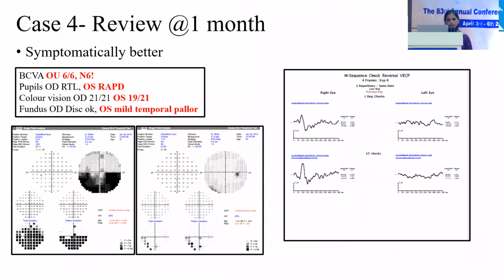When we reviewed him a month later, the patient was happy and we were surprised. His visual acuity was 6/6. Definitely he did have RAPD. His color vision too has surprisingly improved. He did have a mild temporal pallor. Substantiating my surprise, he was able to perform a field in the left eye which showed an inferior defect, and VEP also showed a waveform which was absent earlier. So probably this patient had optic nerve sheath hematoma which subsided over time, leading to his improvement in vision.